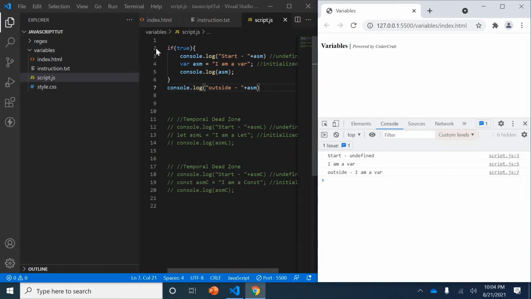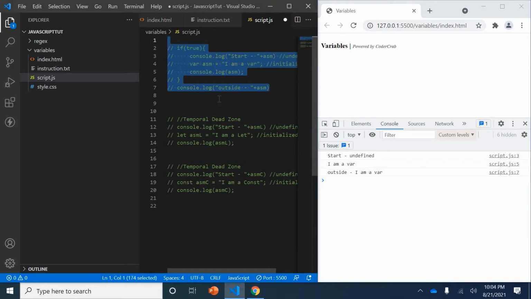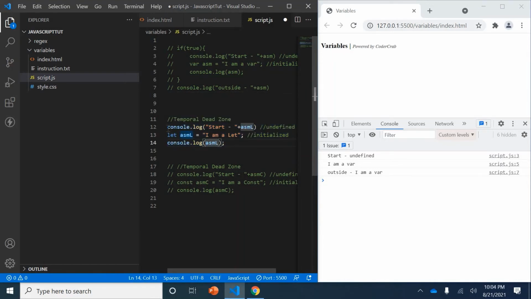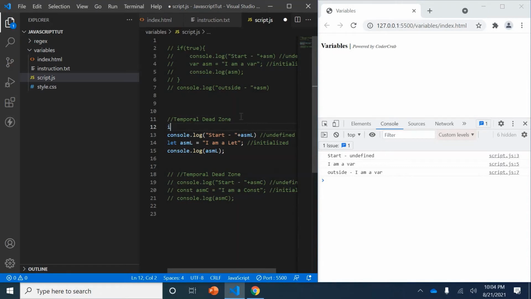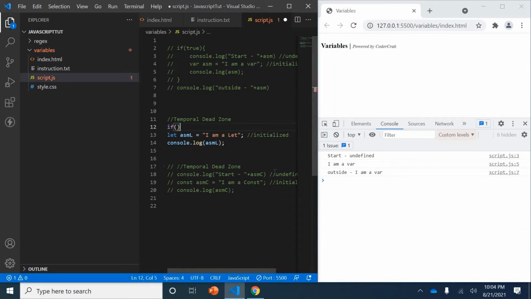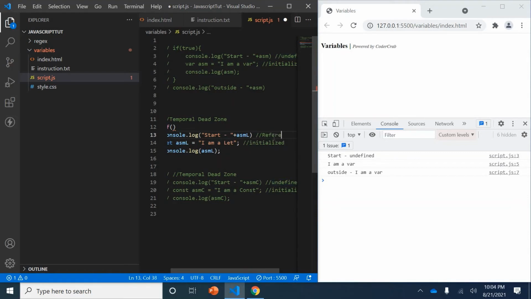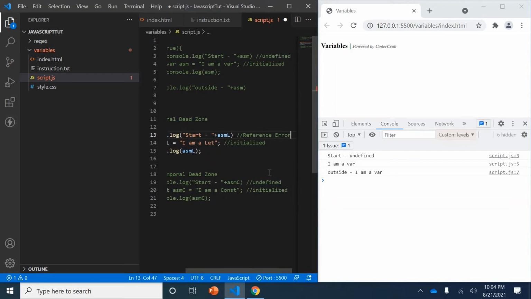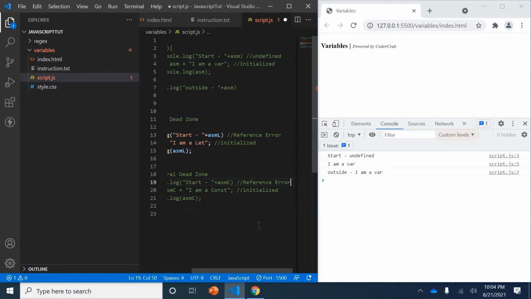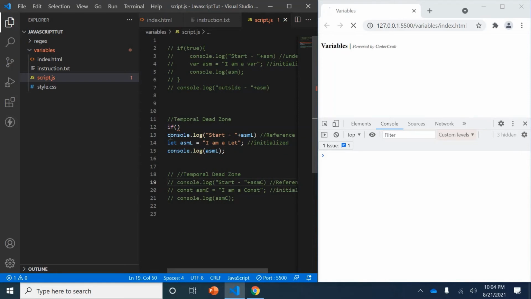Now if I do the same thing for this, as this line will throw a reference error and will not allow us to go further, I can just keep it with the reference error. The same thing will happen here also, reference error, so I'll put a comment here.